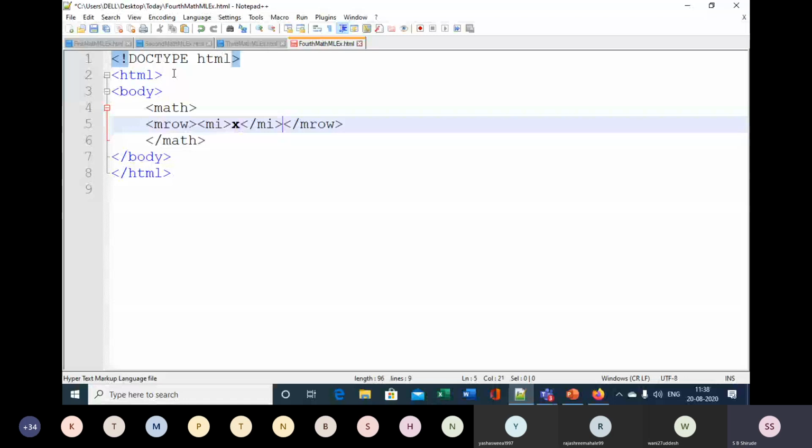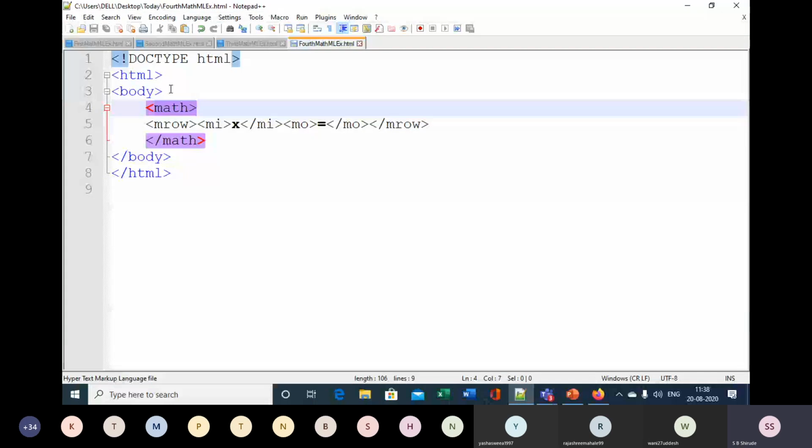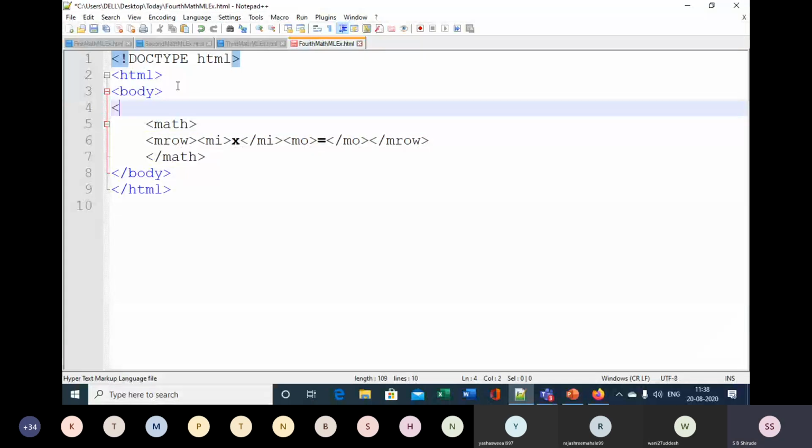This will display x is equal to. Here I will put p and insert that h3 MathML example and just run it. So it has displayed x is equal to.